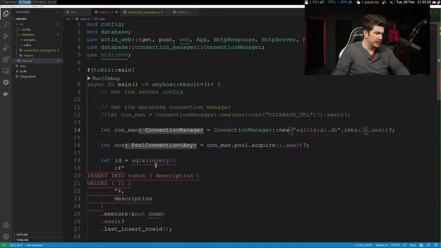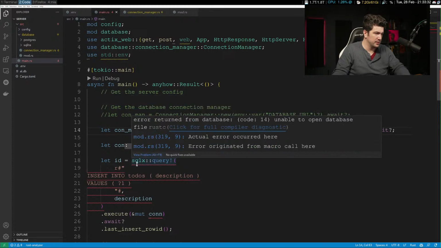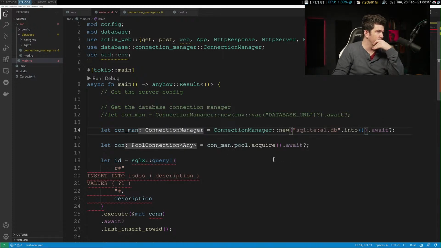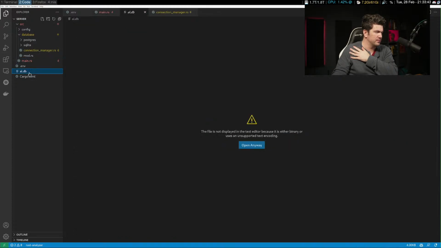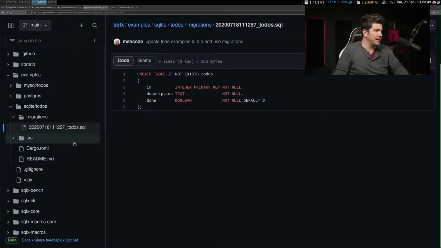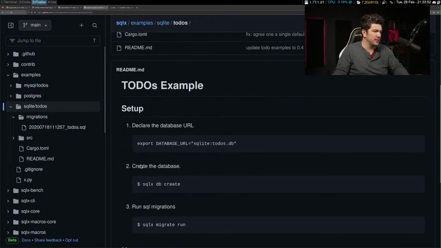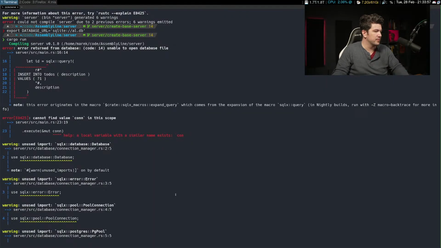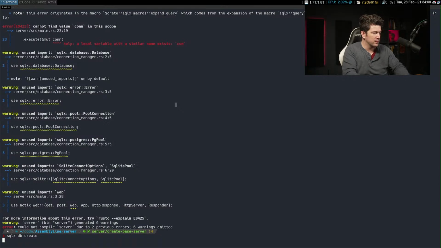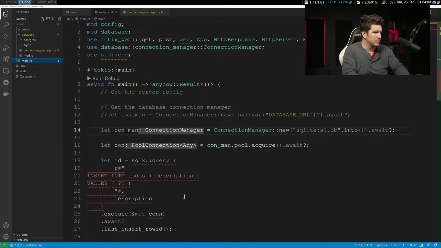All right. Unable to open database. Well, let's delete this database and try again. Just to make sure that we're doing what they did. Let's go here. We'll do this. Yeah, it created the table.